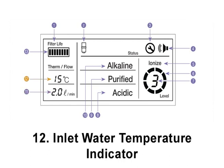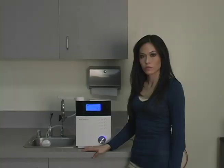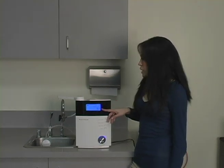Next, we have our inlet water temperature indicator. Optimum temperature range is 5 degrees to 30 degrees Celsius, or 41 to 86 degrees Fahrenheit. You never want to run warm water through the ionizer. Lastly, we have our filter life icon. As you use your filter, the indicator bars will decrease, showing the lifespan of your filter. So now that we've pointed out the different icons on our LCD, we'll show you how to start actually using